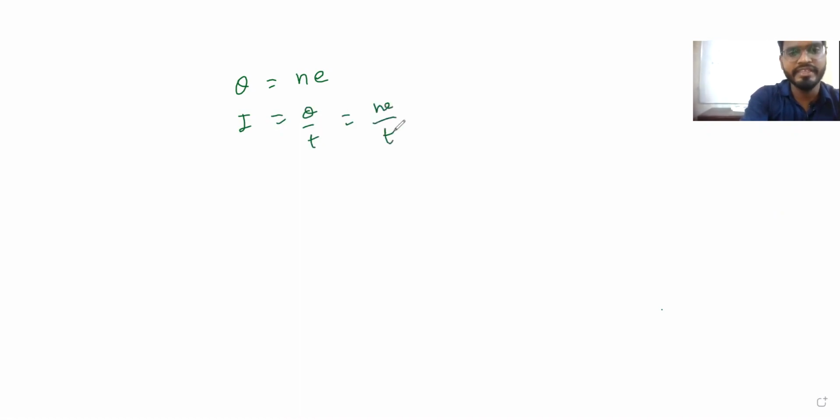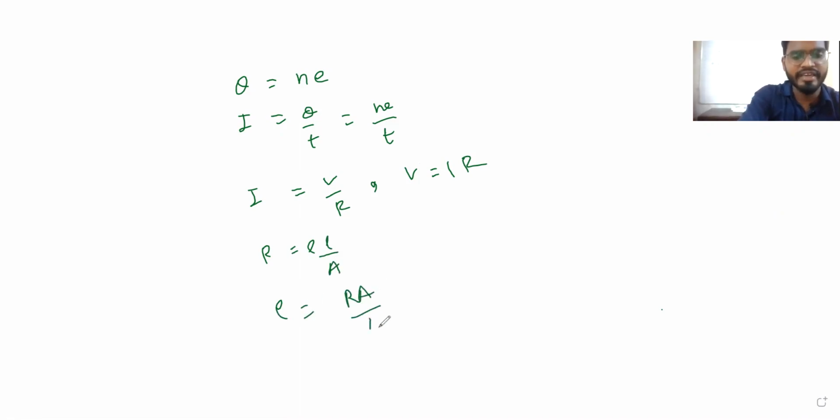We covered combination of resistors and all. Let's revise how many numerical formulas have come so far. We learned Q is equal to Ne, where N is the number of charges, and N should be an integer, quantization of charge. I is equal to Q by T, so I is equal to Ne by T. I is equal to V by R, or V is equal to IR, and R is equal to rho L by A, or rho is equal to RA by L.